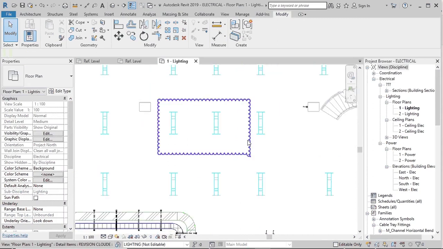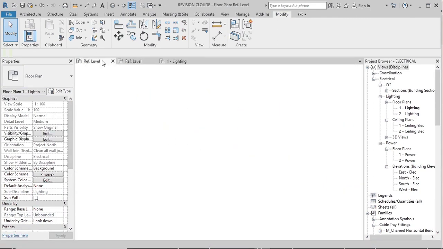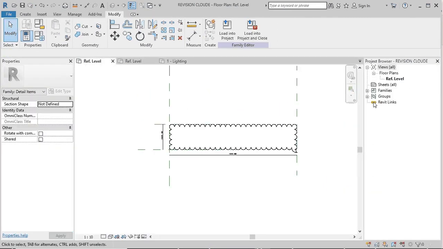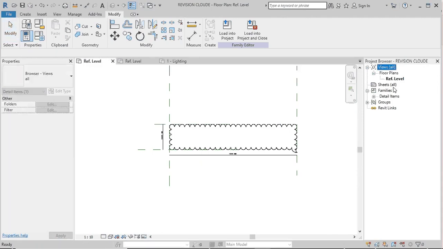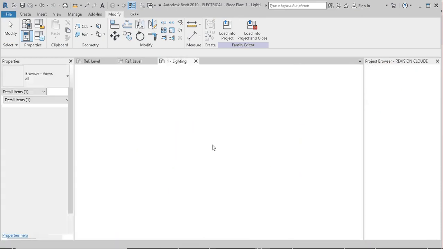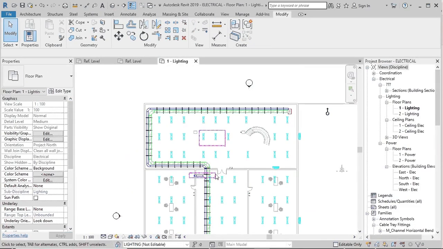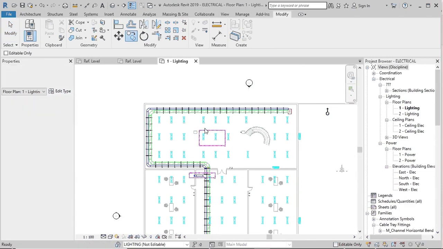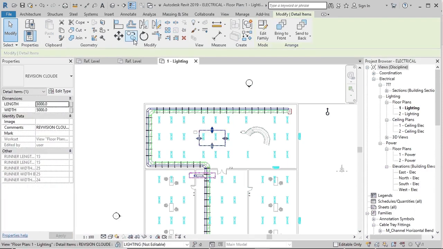So you can create one revision cloud family with that Matrix detail item family template. After that, I use it in my small project in Revit, where it is easily loaded and used wherever we are changing the services.